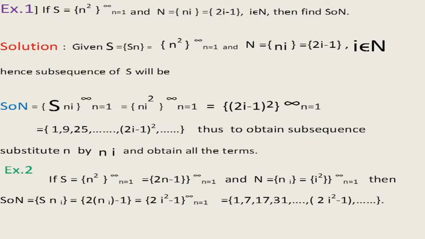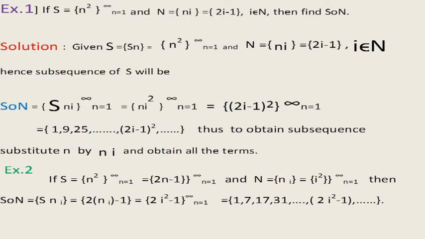So we have given S_n is equal to n square and n_i is equal to 2i minus 1, and we know that this composite function or subsequence is nothing but S_{n_i}, and therefore